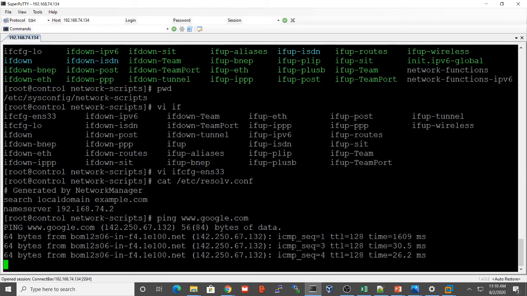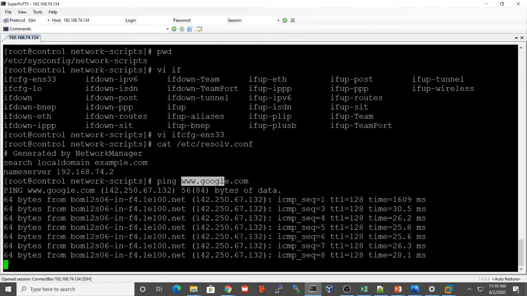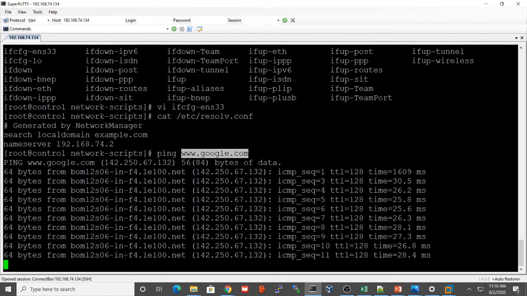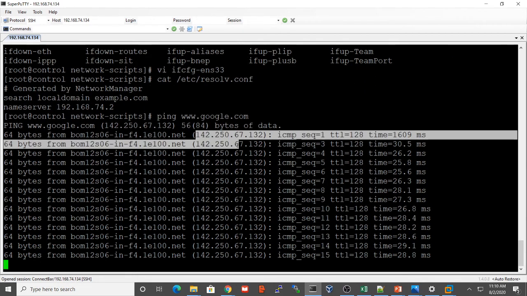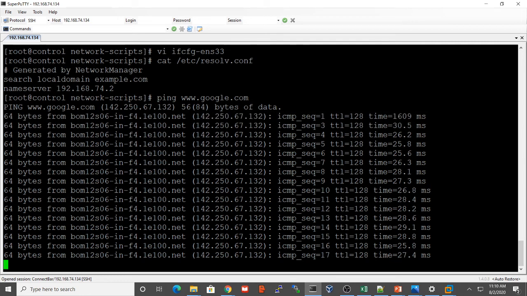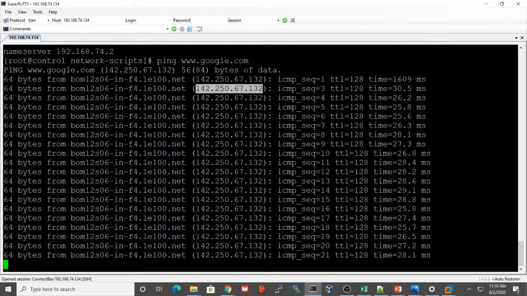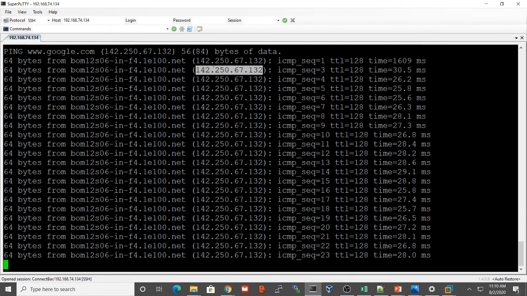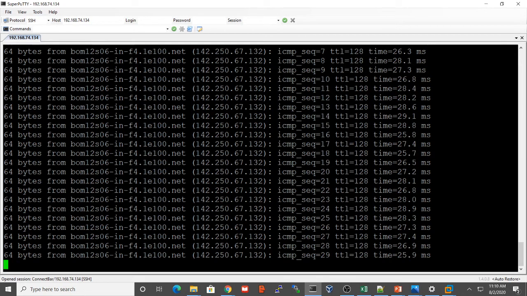So let's check how DNS will work. We gave the domain name here, and the name server you gave here resolves the IP address of Google. Whichever IP we were connecting to, it is a Google IP, not the one we typed. This is how DNS works: it resolves the name server of that service.